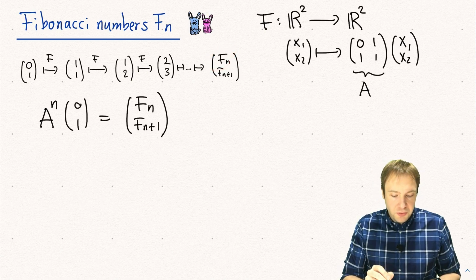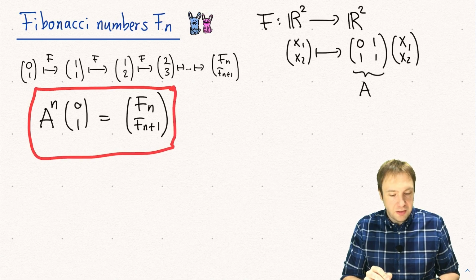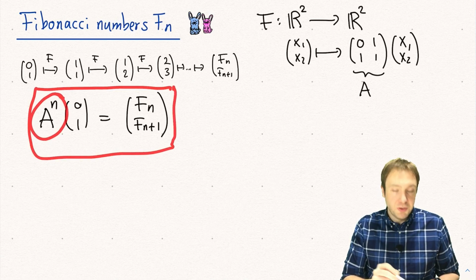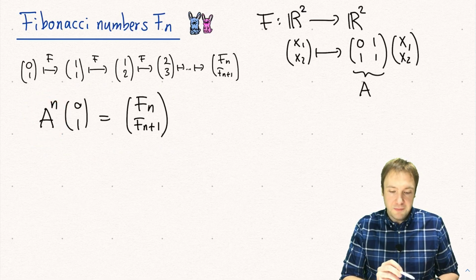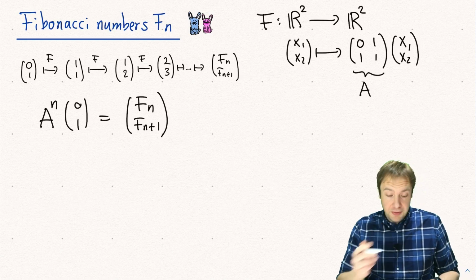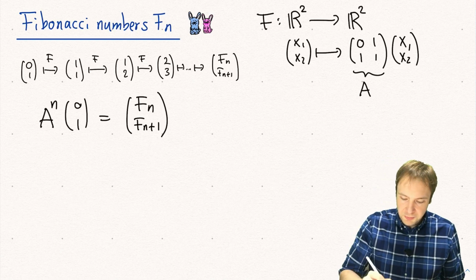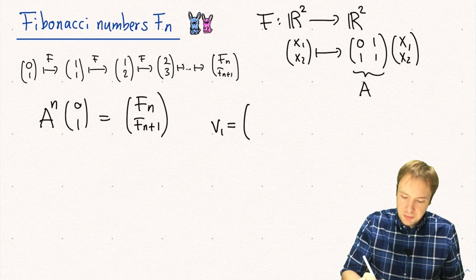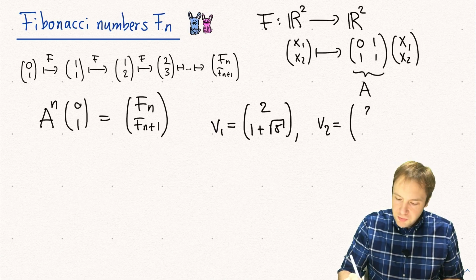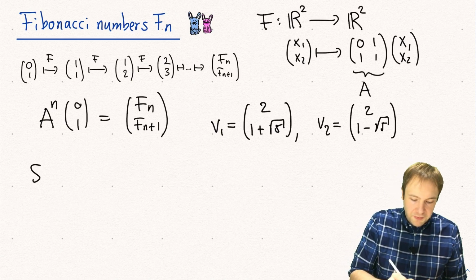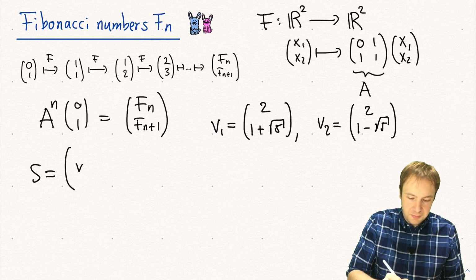And so what we wanted to do is calculate this matrix A multiplied n times with itself. So we needed to calculate this power A to the n. And this was done by considering these two vectors, v1, which was 2, 1 plus square root of 5, and v2, 2, 1 minus square root of 5. And then we saw that if we define the matrix S by the following, so we put these vectors into this matrix,